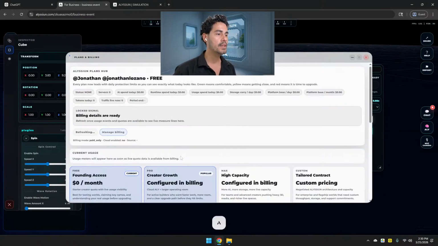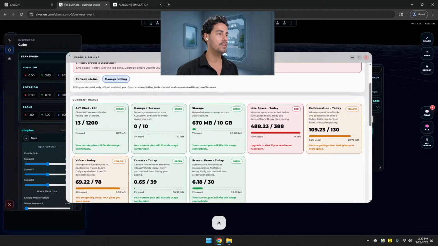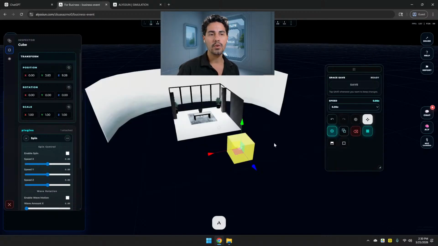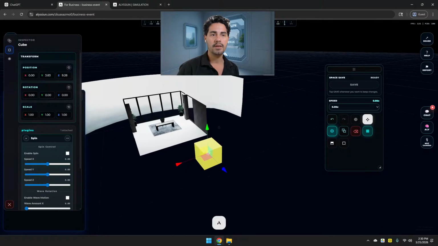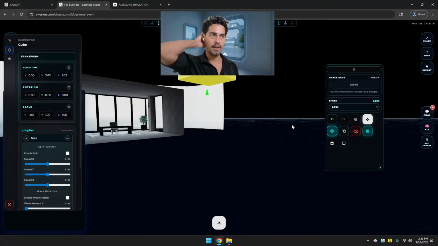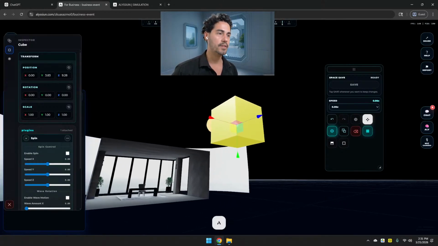We can go to plans, and here it shows, you see how much resource we are using, live spaces and everything. This is pretty cool. It helps us keep all the spaces healthy, and not everyone is using resources like crazy. That helps you see what you can use. If you are not using too much of the audio, you can just turn it off. Then it's going to save you money, and it's going to save resources and a lot of things. Everyone wins, because for me it's crazy if I turn on everything and I don't make any money, the project is going to fail, and that's not what we want.